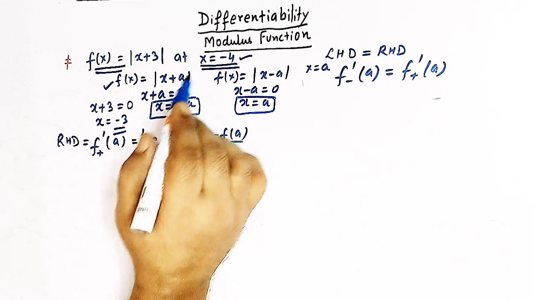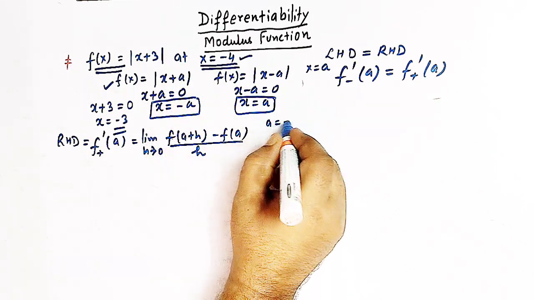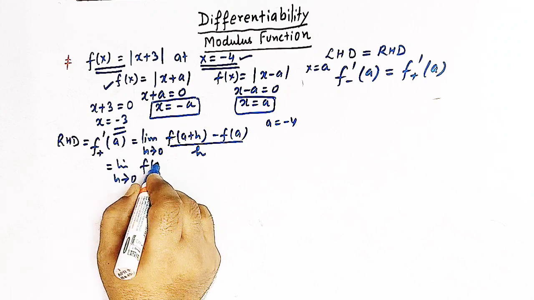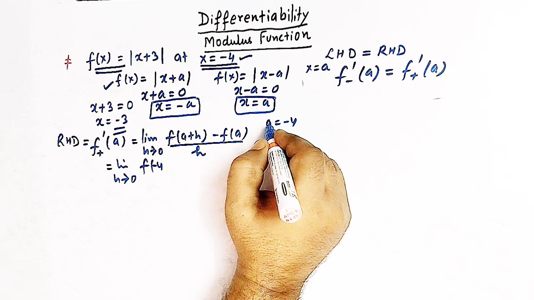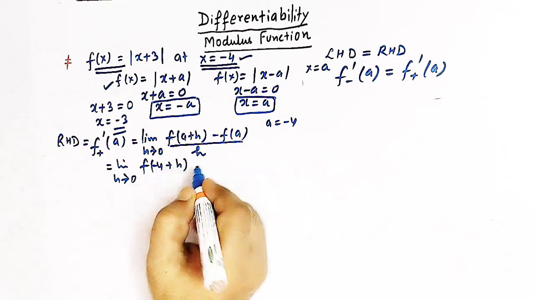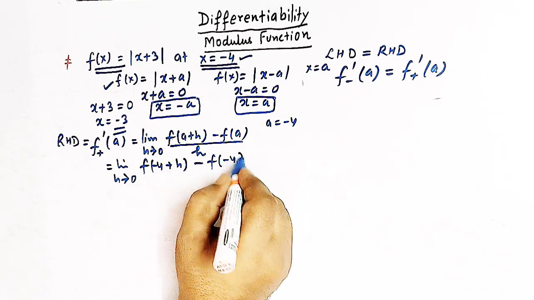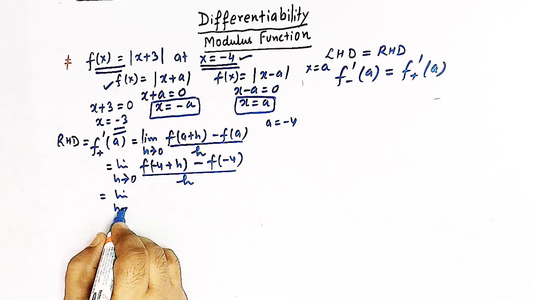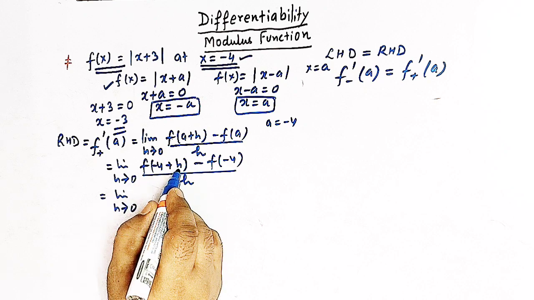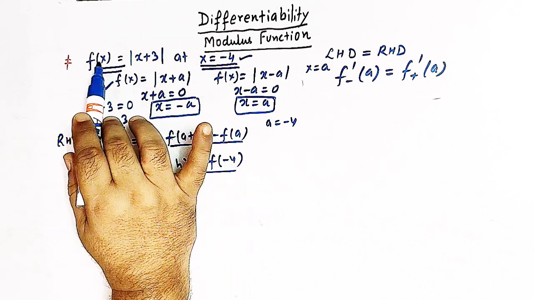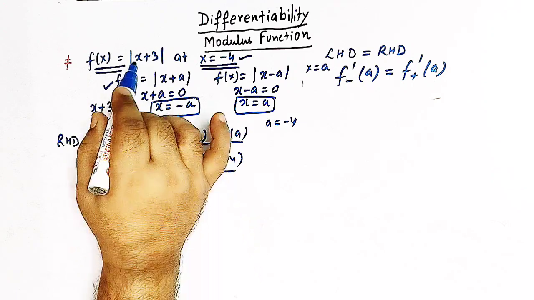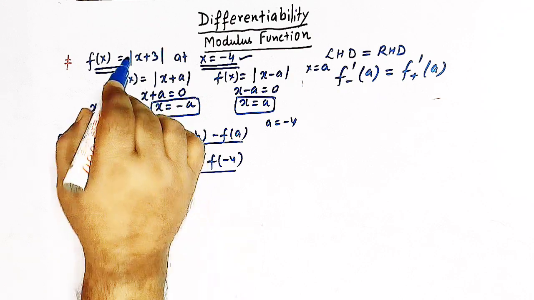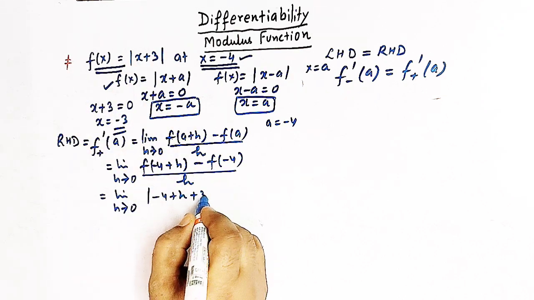Now here a is minus 4, so we can write limit h tends to 0 of f of minus 4 plus h minus f of minus 4 divided by h. The value of f of minus 4 plus h can be obtained by replacing x by minus 4 plus h. So we have mod of minus 4 plus h, plus 3,